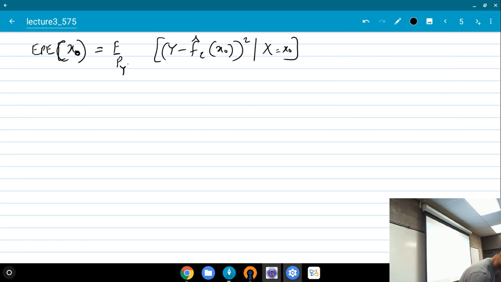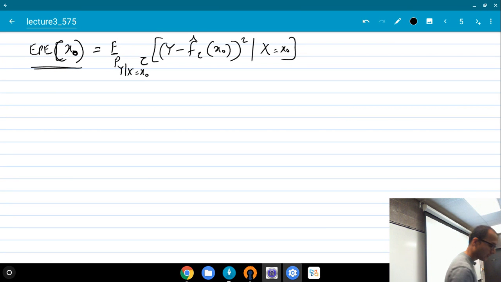P of y given x is equal to x naught and tau. Essentially, I'm saying that I'm specifying one of the values to be exactly x naught. Now this is a conditional probability, y given x is equal to x naught. So we're going to try to look at this, and to make it even simpler, what I'm going to do